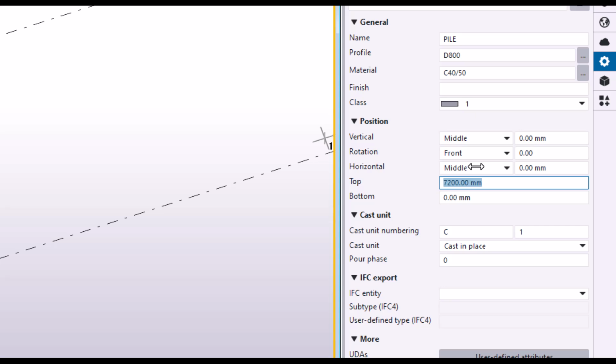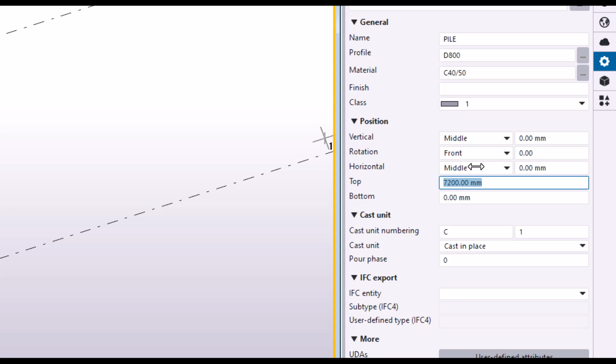Negative 200 minus 200, negative 1.8. Is it correct? So this level now is negative 1.8, correct? 1.8, and then to get the 8,000,